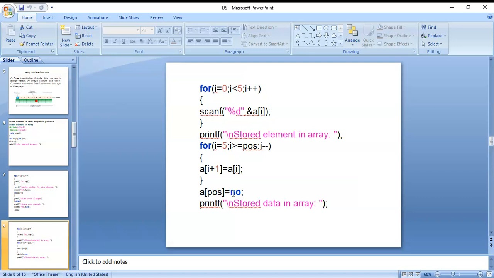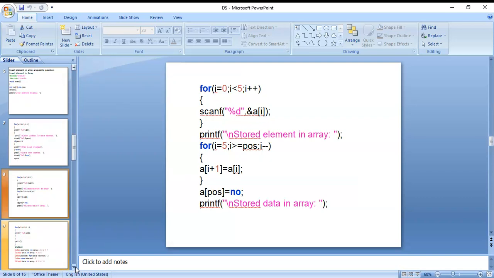Okay, A of 0 value is 1. A of 1 value is 2. A of 2 value is 3. A of 3 value is 4. A of 4 value is 5. These are the values stored at that particular position. Okay, next,